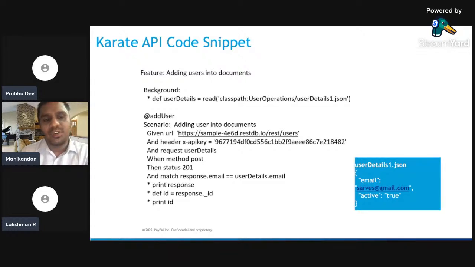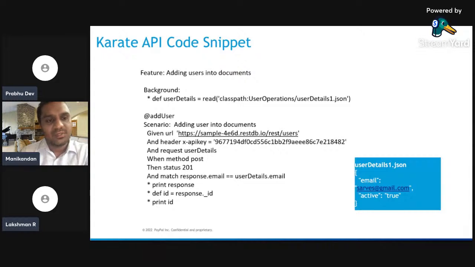When method post, when is actually used to describe an event. What I'm going to do when method post is the post operation. The then keyword is used for the expected outcome, what I'm expecting from this. Then status 201, the HTTP status code, and I'm matching with a powerful assertion. Match is the keyword which we use for the validations and checkpoints.